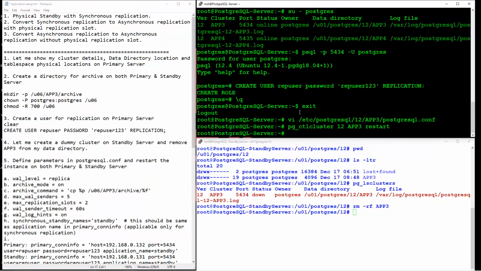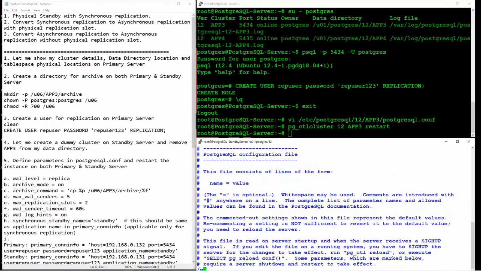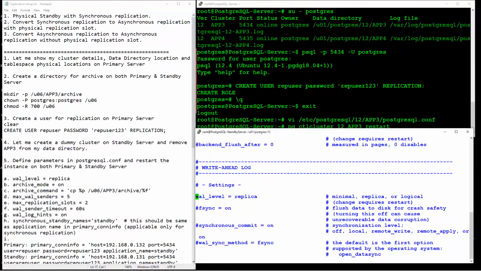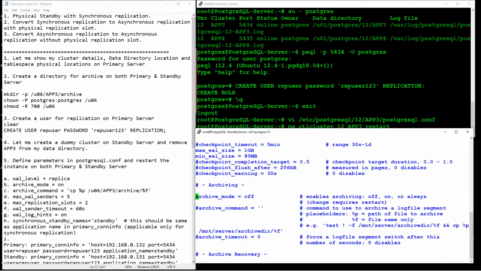Now similarly I am going to define the parameters in my standby. First wal underscore level. For convenience sake let me drag like this. Archive should be on.